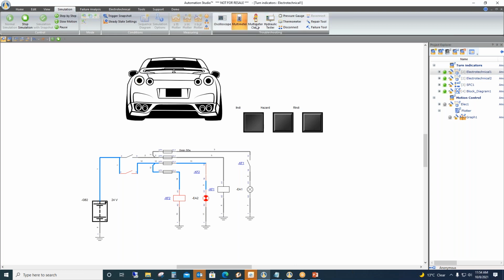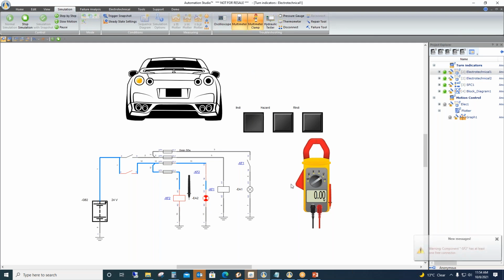You can use the multimeter and multi-clamp meter to measure the voltage across the coils. I hope you're aware of how we can use the troubleshooting components. By using these, you can diagnose the circuit or analyze the current and voltage values or other features of the components.